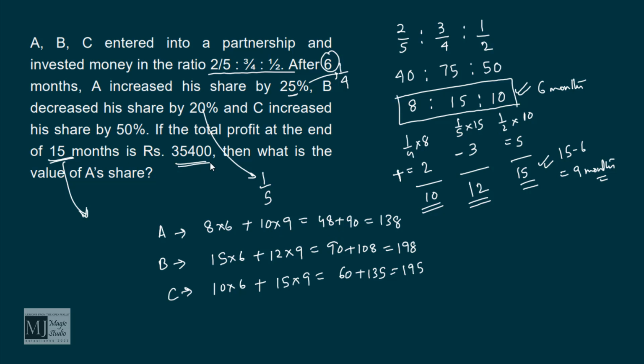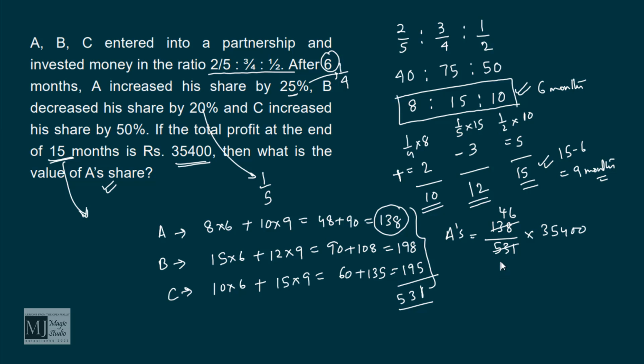Now, if the total profit after 15 months is 35,400, then what is A's share? A's share is 138 parts of all the three combined. So A's share would be 138 by, let's add them quickly, 138 plus 198 plus 195, that is 531, by 531 into 35400. This is divisible by 3, it would give us 46, and 531 by 3 will be 177. 35400 by 177 is 200 times. So 46 into 200 is